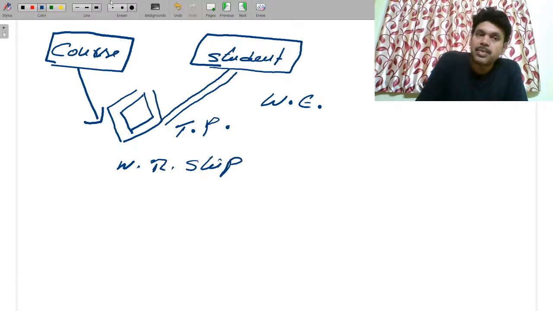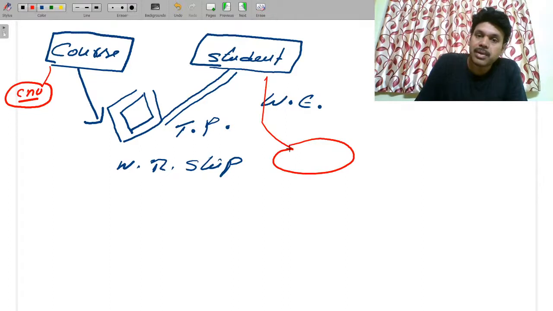So how could you implement this in the relational model? Please observe, there is a course number here, there is a student number here. Now I'm saying student number is your partial key. How could this be implemented in the relational model? Just by using the concept called create a table only. So I'm creating now